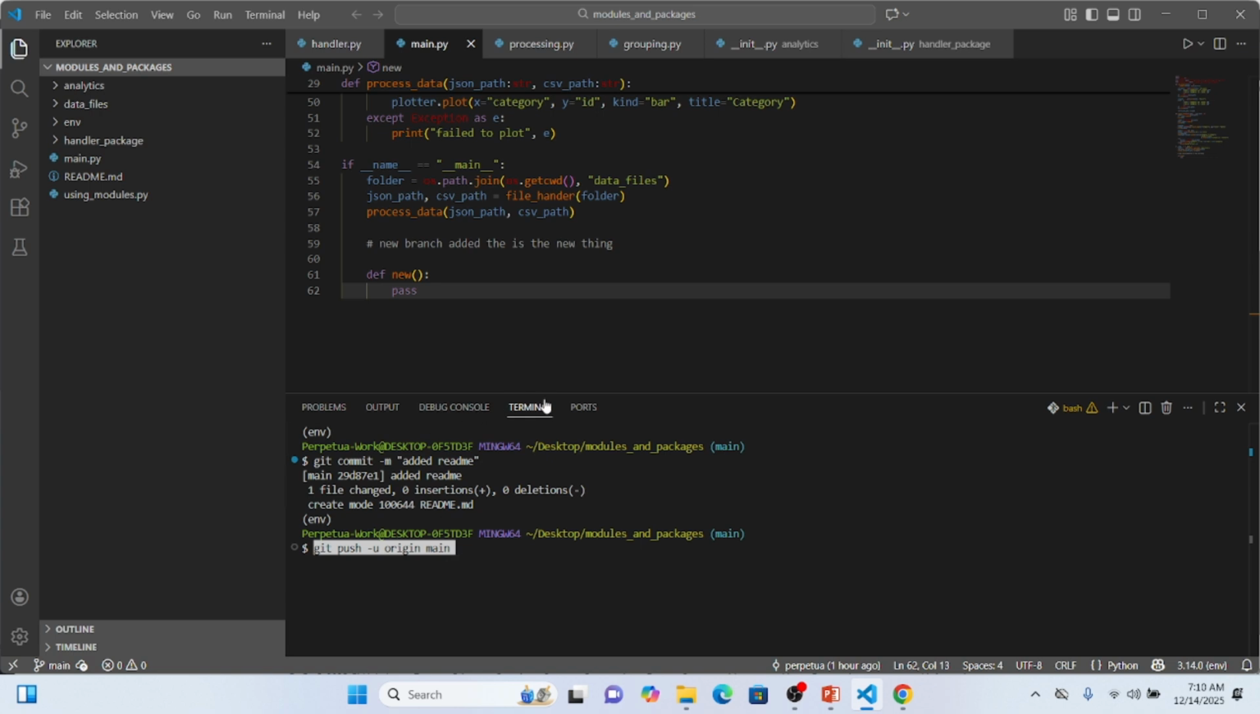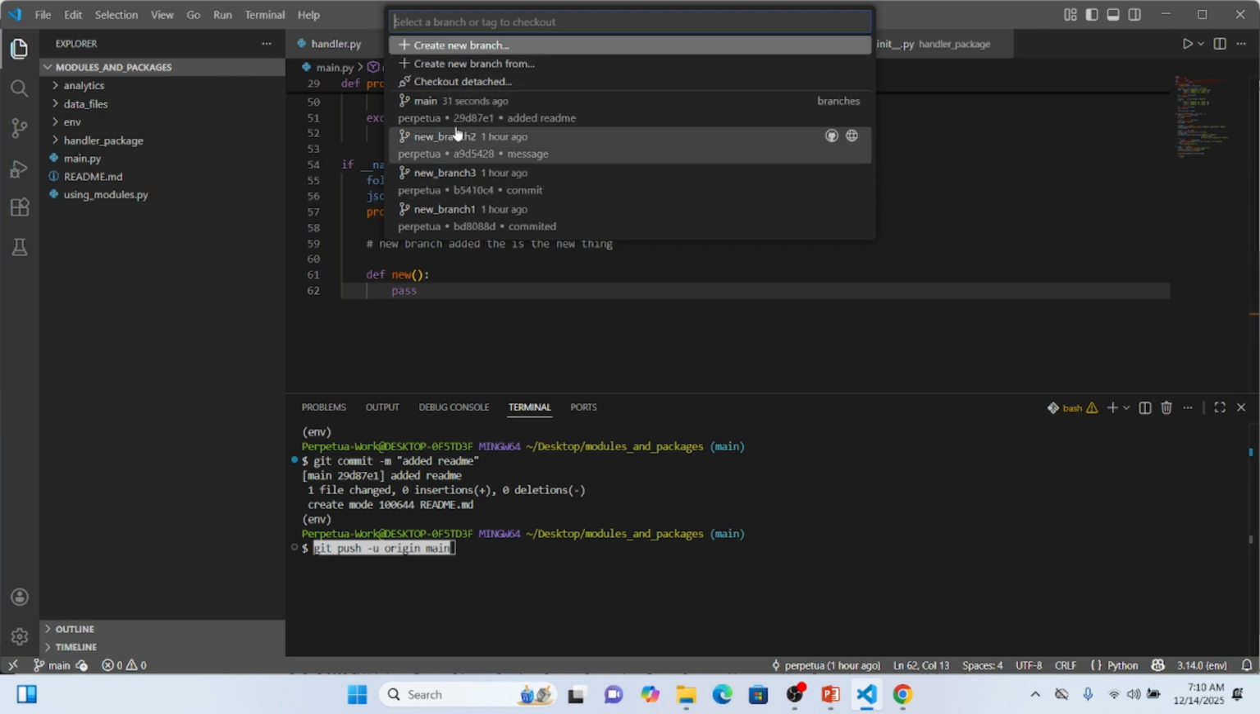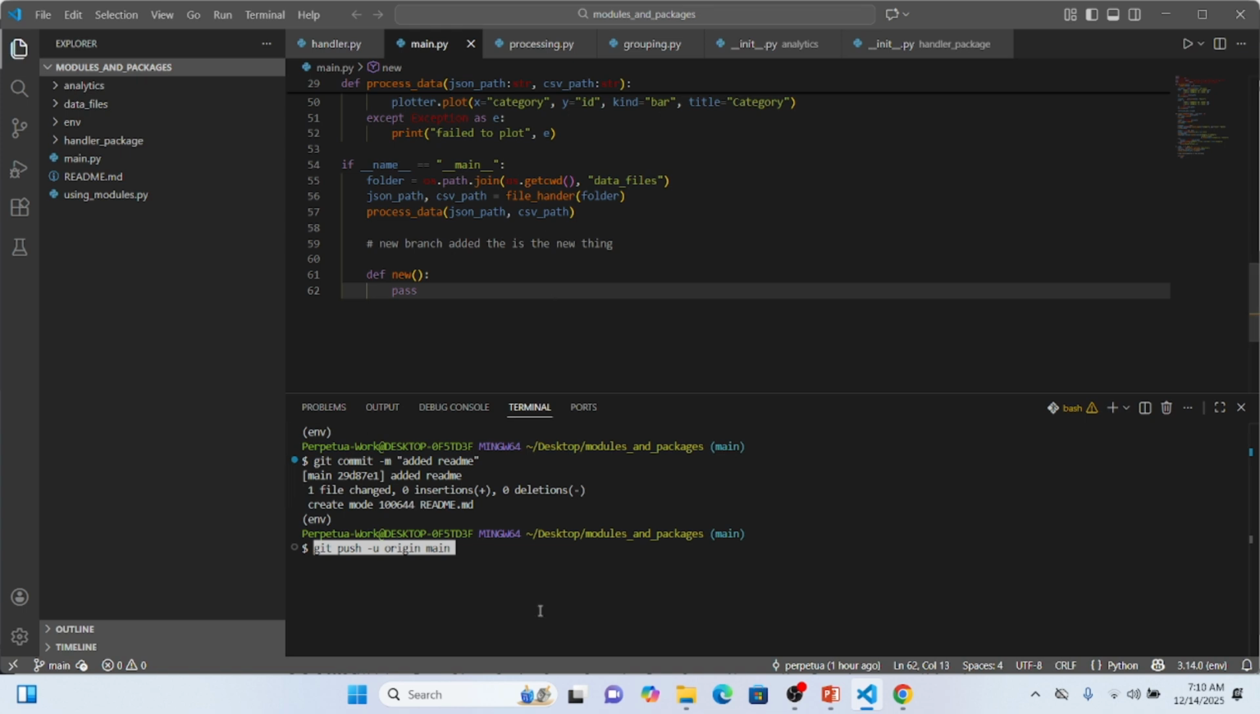All right, so remember that we have multiple branches here. If you view this, you can see that we have up to 4 branches here right now. But we are pushing this particular main branch to main. So now we're going to run that,